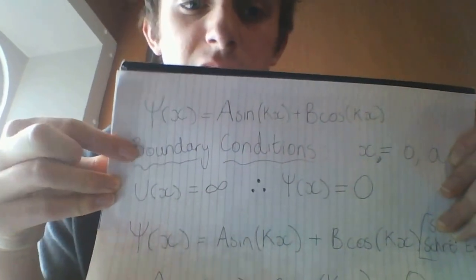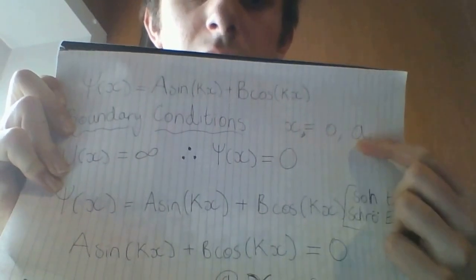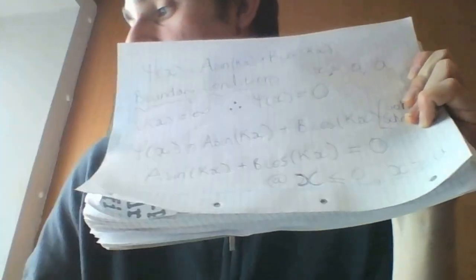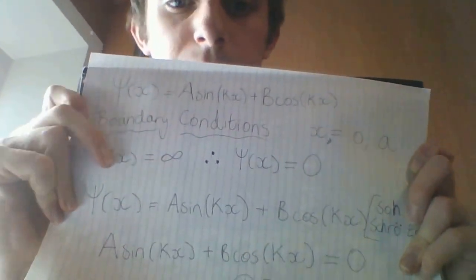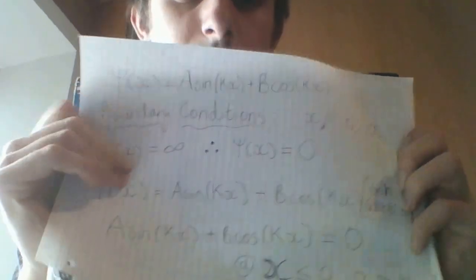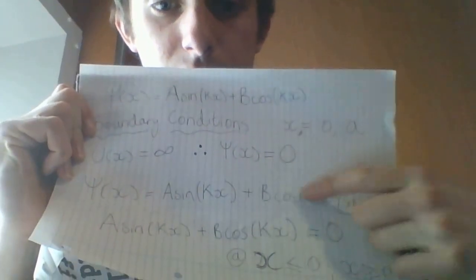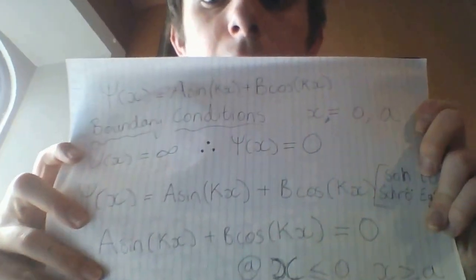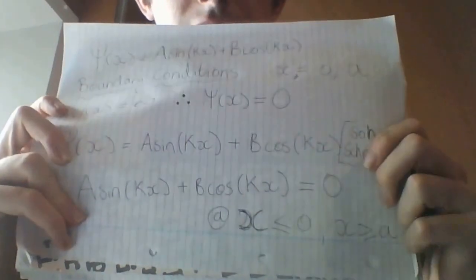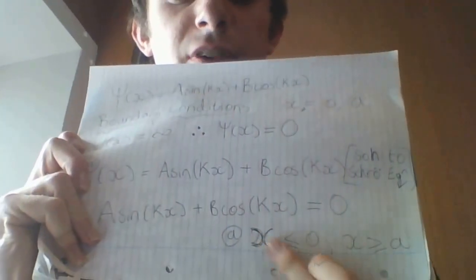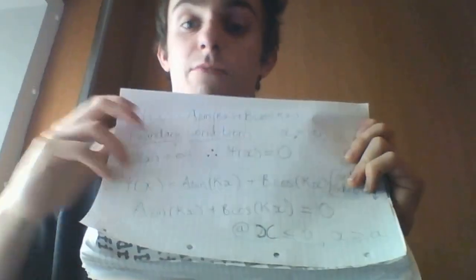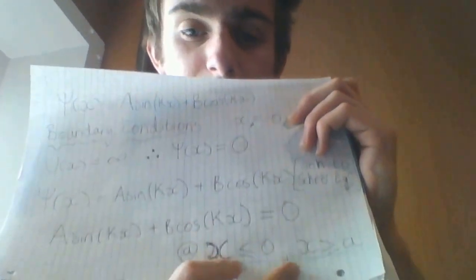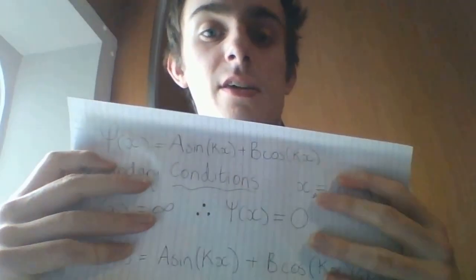So we already talked a little bit about the boundary conditions in our case. At x equals 0 and a, the value of the wave function is equal to 0 from what we talked about here. So it has to be 0 or else the energy becomes infinite, which doesn't make any sense. So we plug what we know there into this solution, and we get A sine kx plus B cos kx is equal to 0. And that's for these values. Anytime x is at 0 or less than 0, or anytime x is at a or beyond a. But the beyond doesn't really matter because we can't go there. We're more interested in the equals parts. So when x is 0 or a,